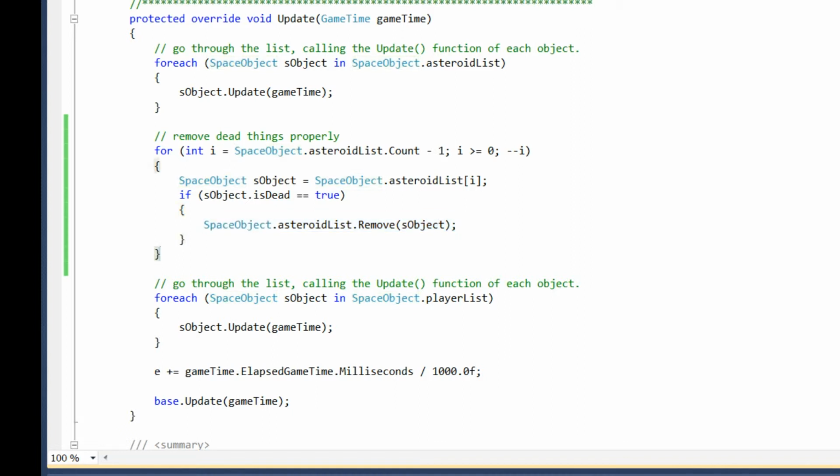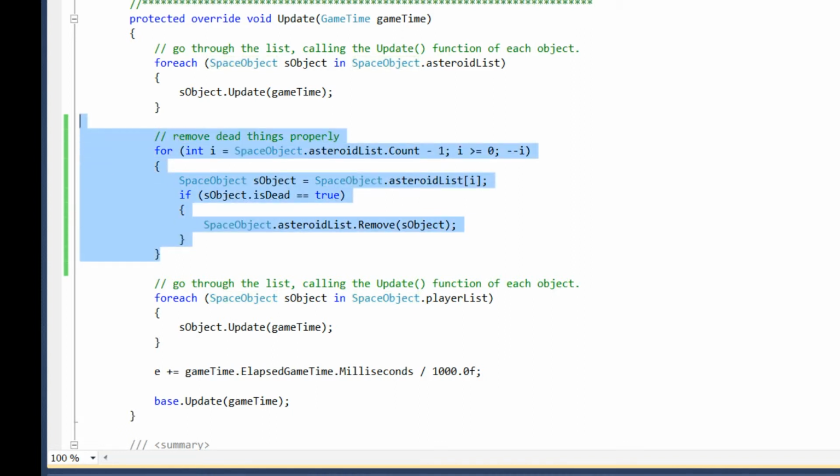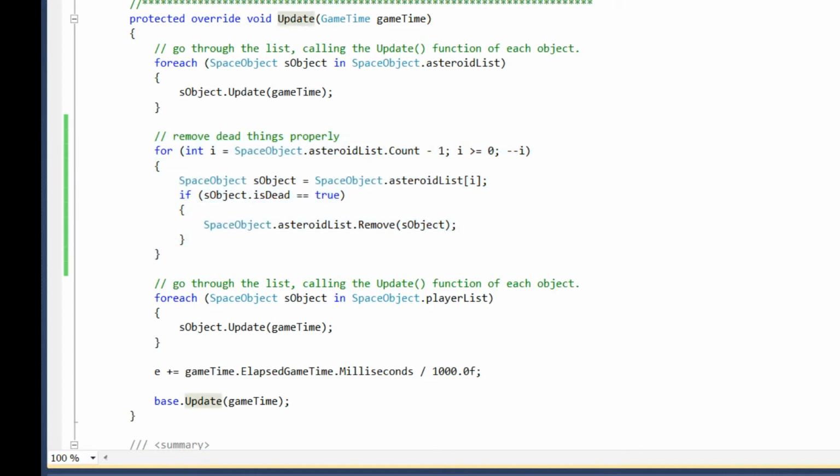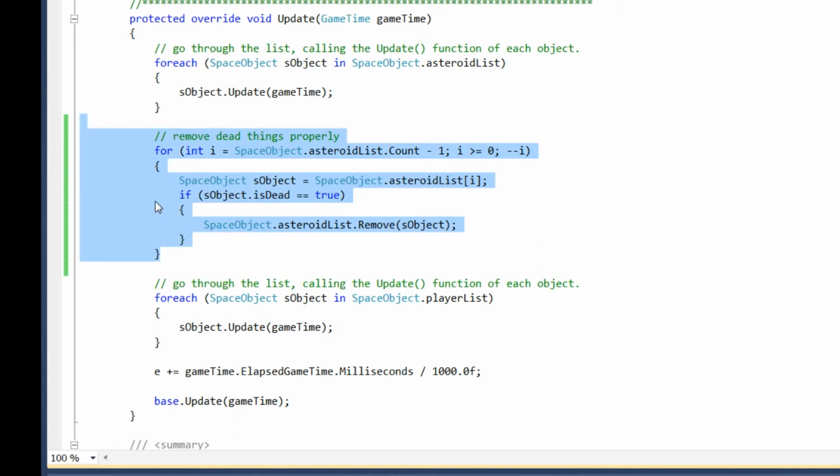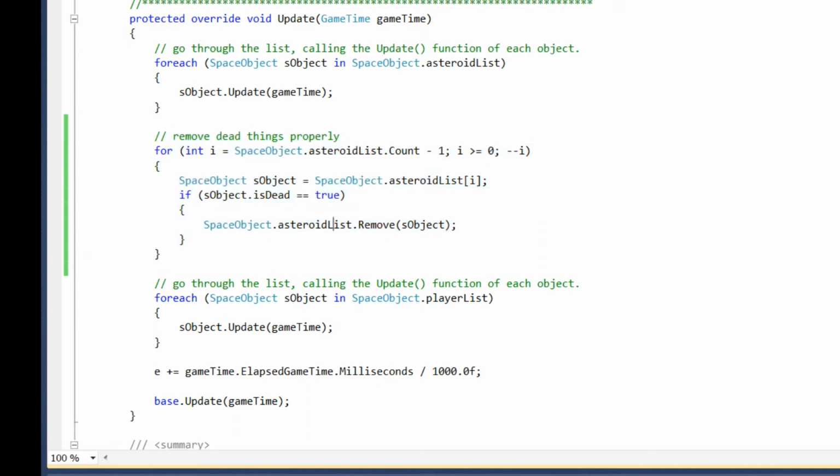So this is pretty much the proper way to use the isDead flag. The isDead flag is a way so that an asteroid can say, oh, looks like I'm dead, I crashed into something, but it's tricky to remove objects from a list. So out here in the Game1 update is our code that carefully walks through the list backwards to remove dead objects. This is how you remove the objects. And we can do it again for players and bullets and anything else we want to exist for a time in the game. So there's one other thing I want to talk to you about,